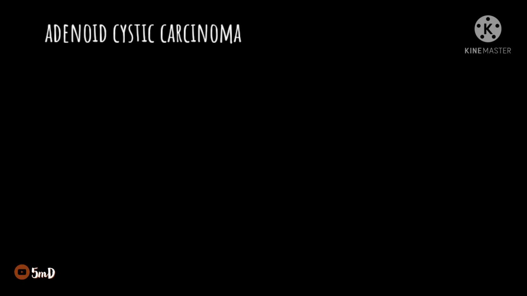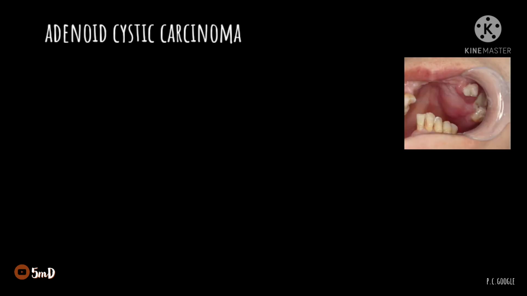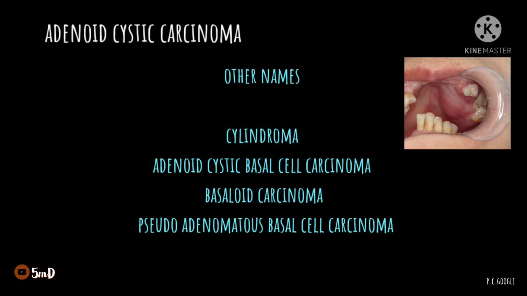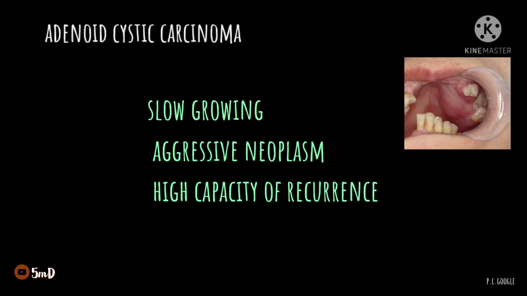Today we will see about an important salivary gland tumor, adenoid cystic carcinoma. It has numerous other names, of which common names include cylindroma, adenocystic basal cell carcinoma, pseudoadenomatous basal cell carcinoma, and a basaloid carcinoma. It is a slow growing but an aggressive neoplasm which has a very high capacity for recurrence,